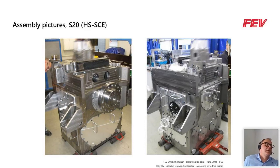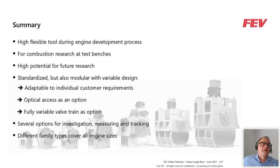And so you see it's a more or less fully machined high-quality part for mechanical engineering. So to sum up, with our single-cylinder engines, we can offer highly flexible tools which help and support the